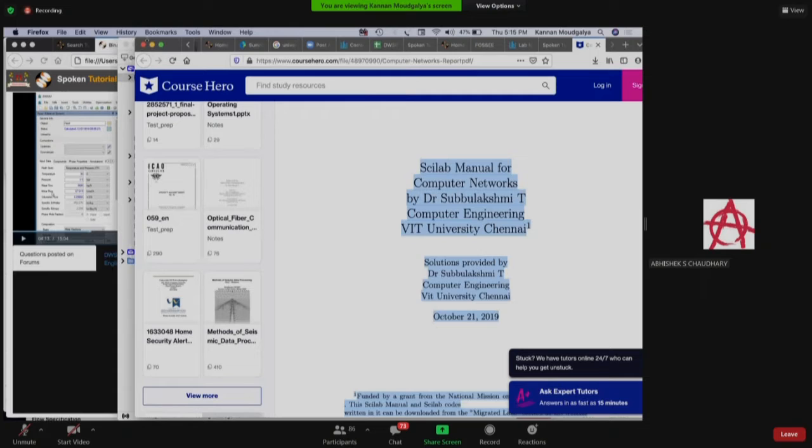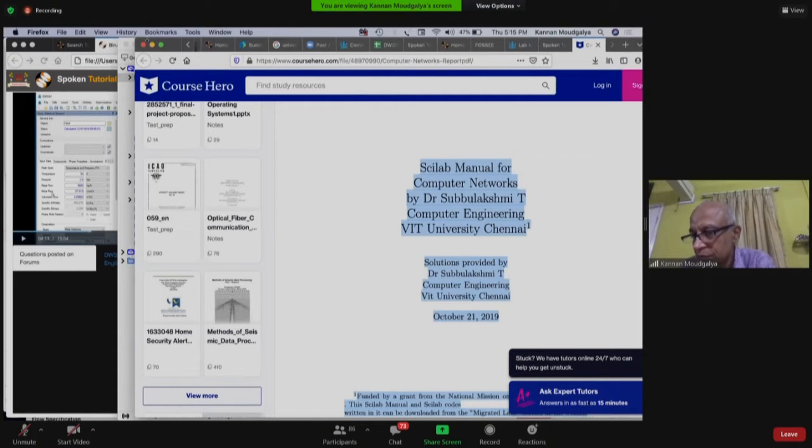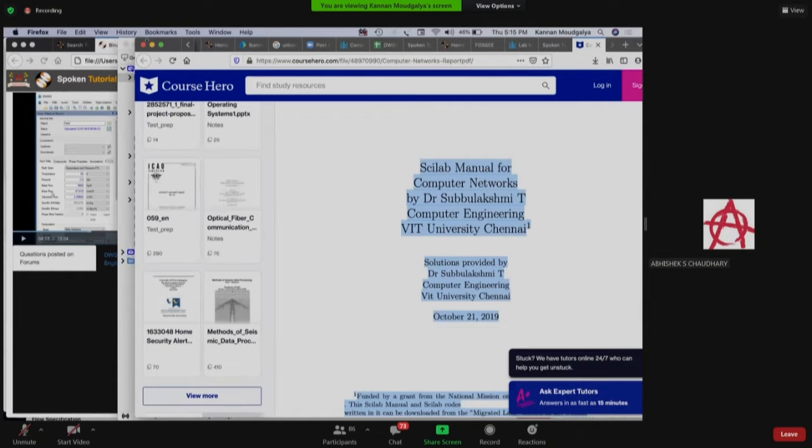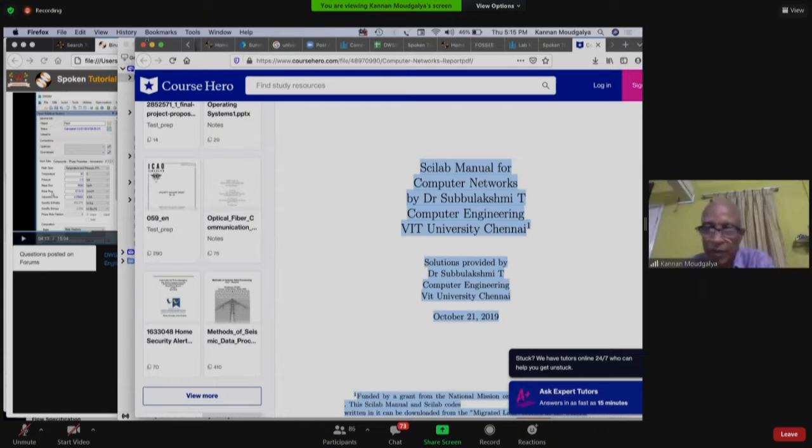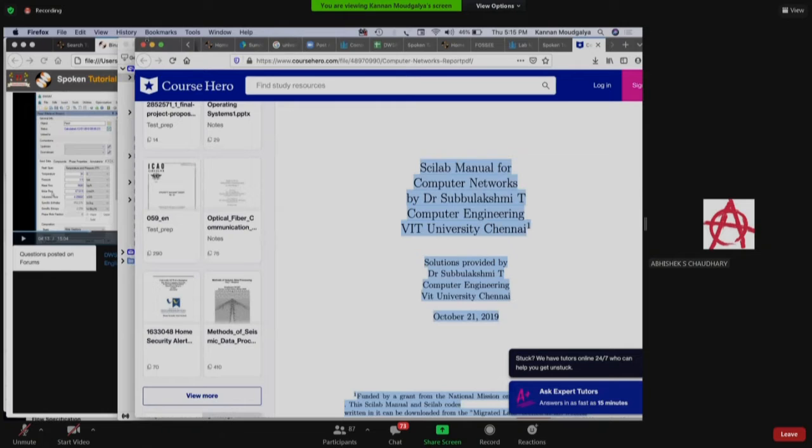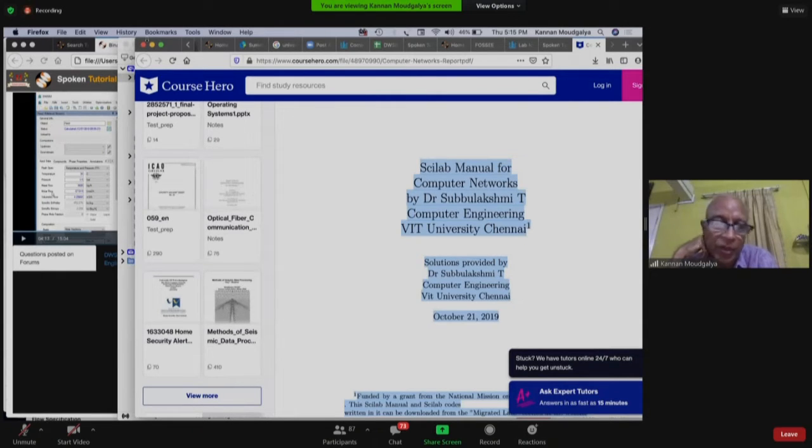Abhishek, where are you from? Sir, I'm from Gujarat. What college are you from? Sir, I'm from VIT University, Vellore campus. Okay. You are originally from Gujarat, but you are studying in VIT Vellore. Yes, sir. Okay, good. So you are happy to see that VIT people are also working with us very closely. You can go and talk to your teachers there, tell your colleagues also, because we invite any number of proposals. But because you are attending, obviously you have an advantage. You can go ahead and contribute.